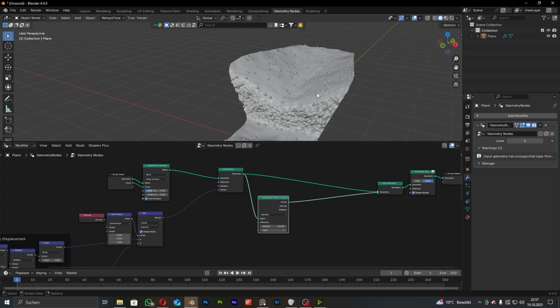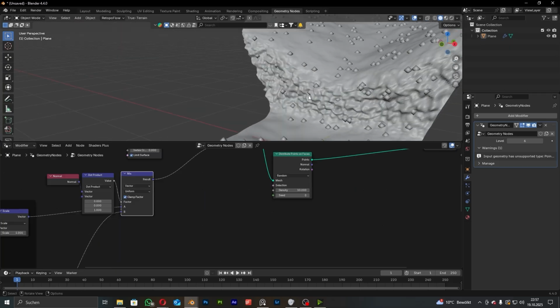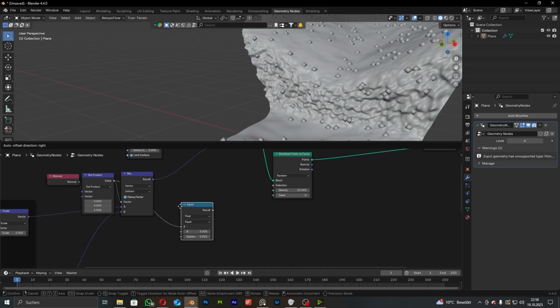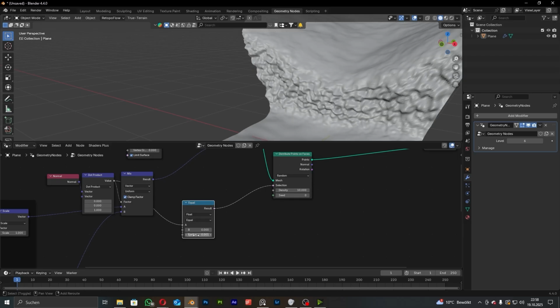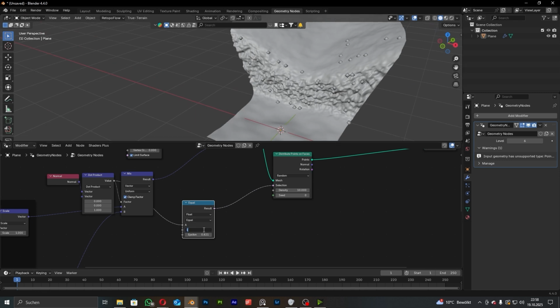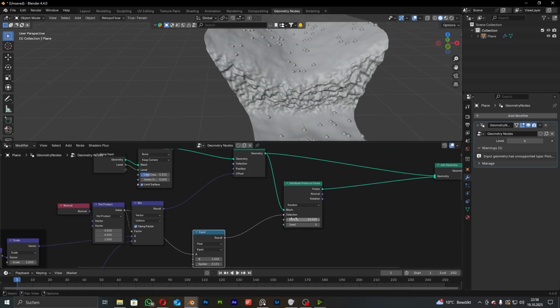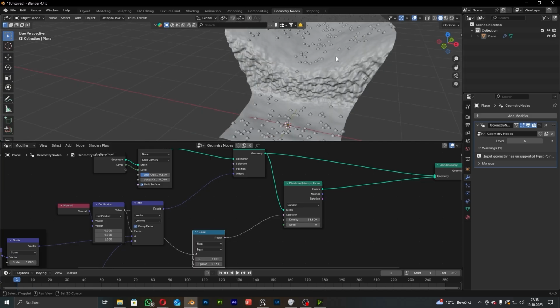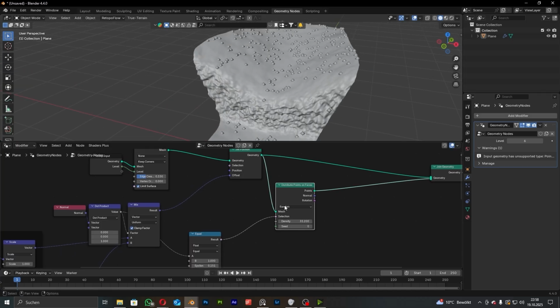So now it's giving us these points, but we don't want the particles to be scattered on the rocks. So we're just going to take this dot product value and compare it. You can set this to equal and plug the result into here. Now we're going to have to increase the epsilon. Now you can see it's exactly the wrong way. So just change this B value to 1. Now you can play with the epsilon, kind of a threshold. And now you can see we are only getting particles on the grass, which you could use to, for example,